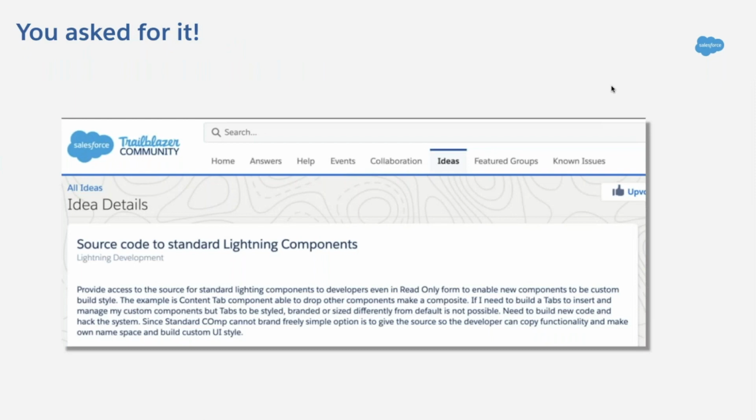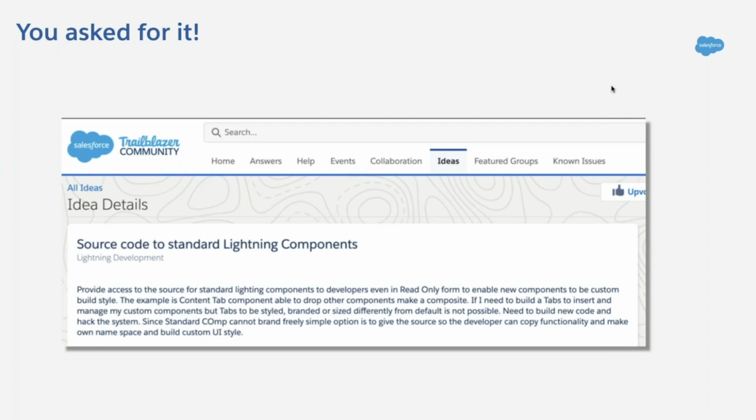Yes, I was talking about the base components. Definitely, base components are very helpful for building page experience components. But at the same time, base components are like black boxes, where you can use the element and set the attributes, and whatever functionality is currently available in the base components, you can only use that. But there were many asks from people, whether through the Trailblazer community or other channels where we are social, about open sourcing the source code of the standard Lightning components.